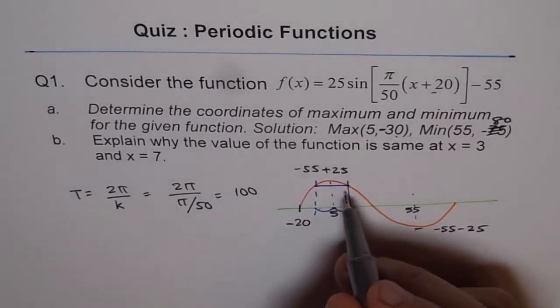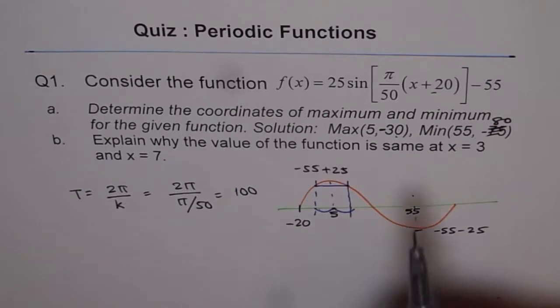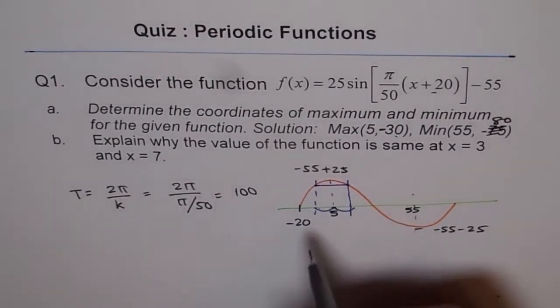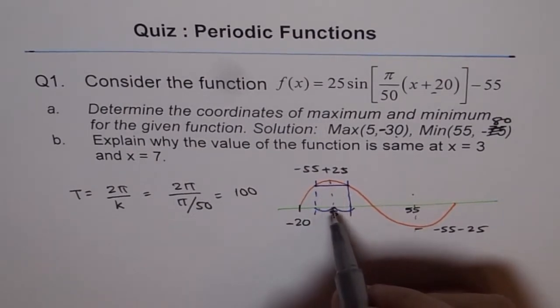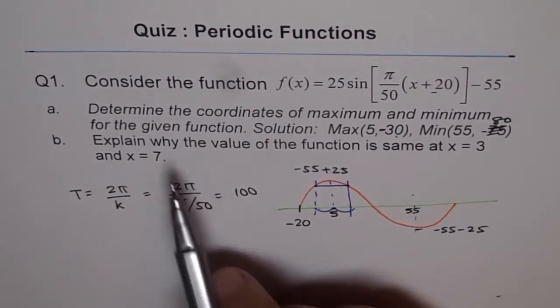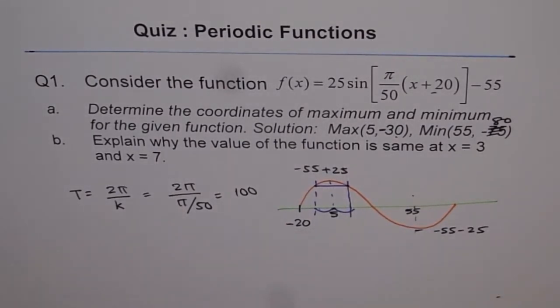From the symmetry of this function, we can say it's symmetric about its maximum. The value should be the same because of the symmetry around the maximum. Do you see that? The maximum is at 5, and x equals 3 is 2 units left of 5. 7 is 2 units to the right of 5, and therefore it should have the same value